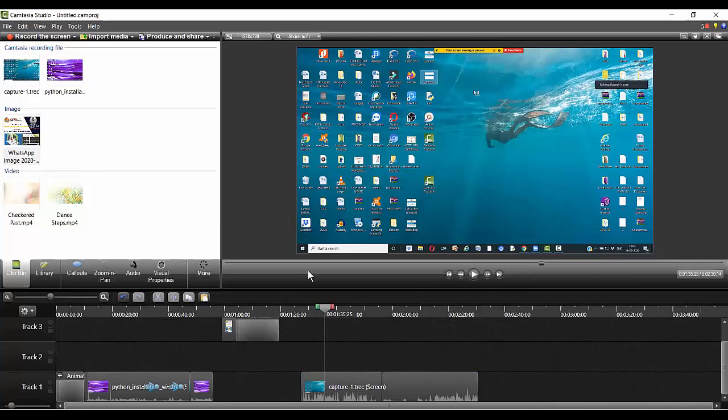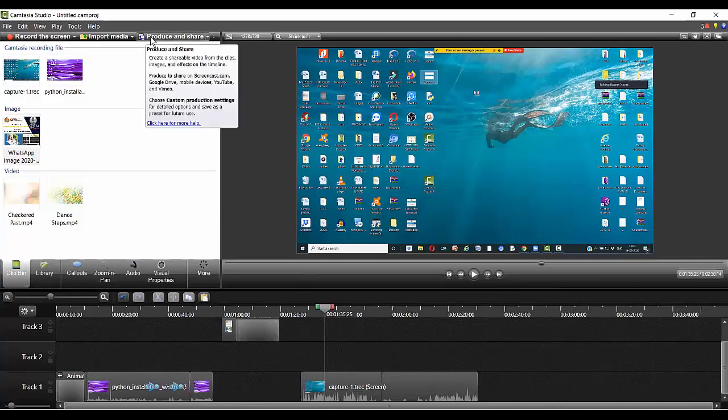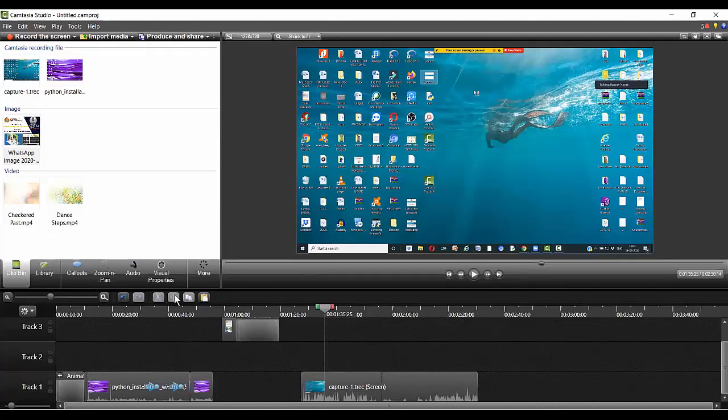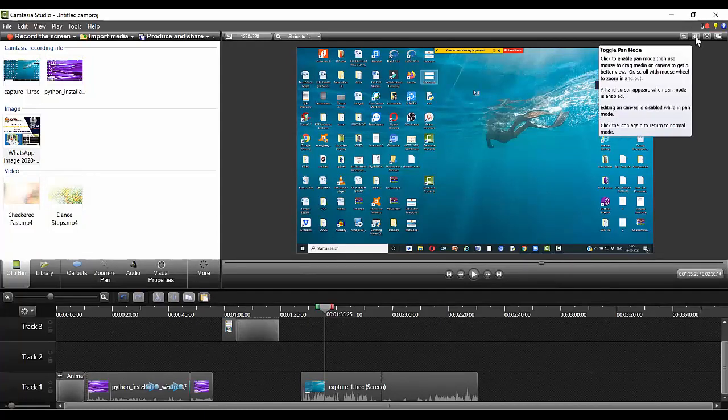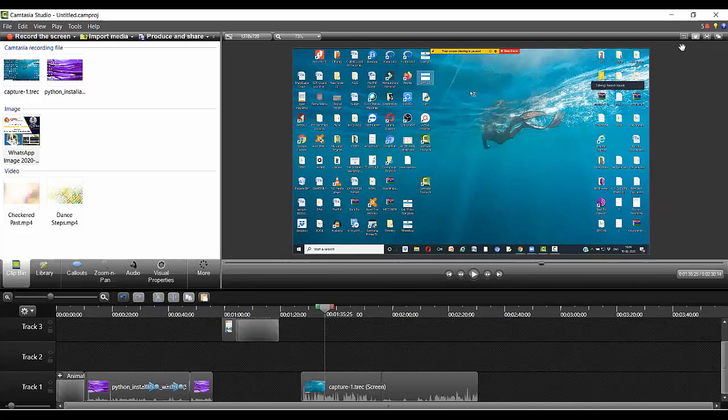So this is regarding how to record by pressing the record screen button. You know how to import, you know how to produce. Okay, then all the menus I have told here, and this thing is very important. So the crop is important. This is toggle, which means I can make some kind of changes. This one is switch to full screen mode if you need. Otherwise, detach, attach audio, video, all these things you can see.